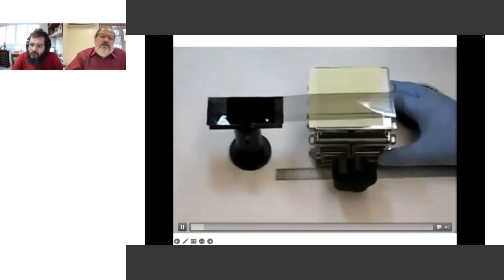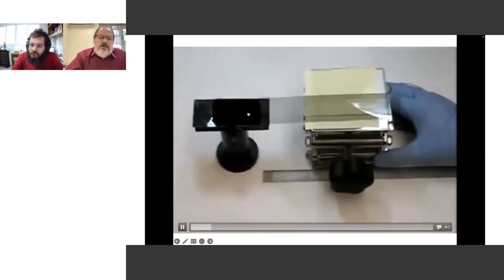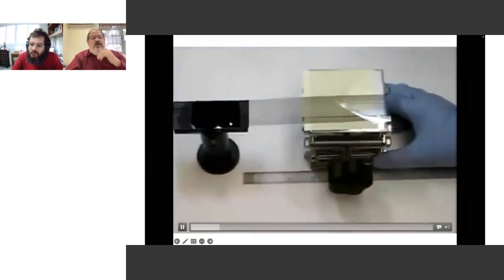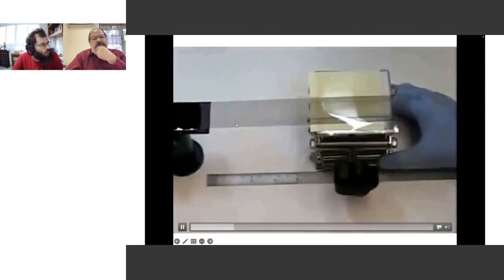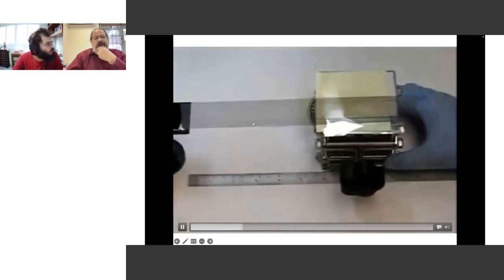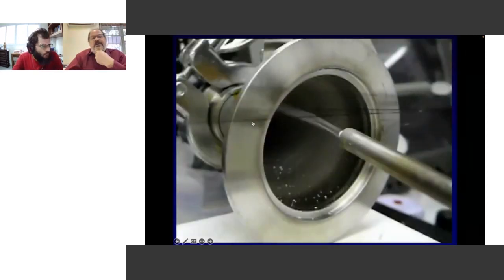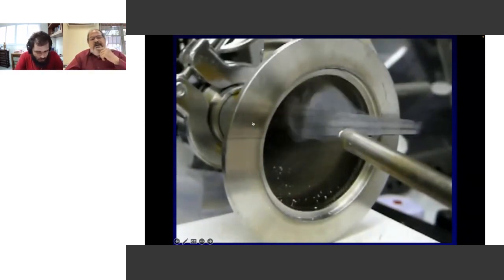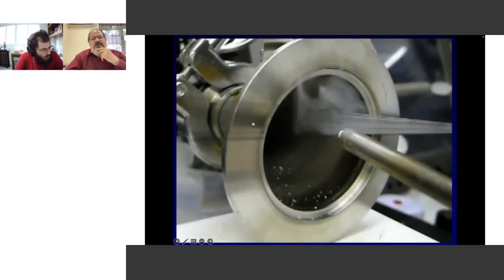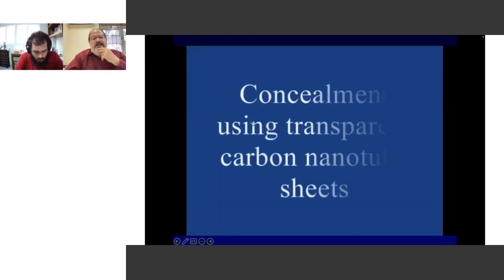You grow it here. All this experimental part was in collaboration with the Baughman group. You can stretch this. Then you can twist it. This material is so light; it's 10% denser than air. Okay, you can see here, using nitrogen to highlight it. Okay, this is really cool. So